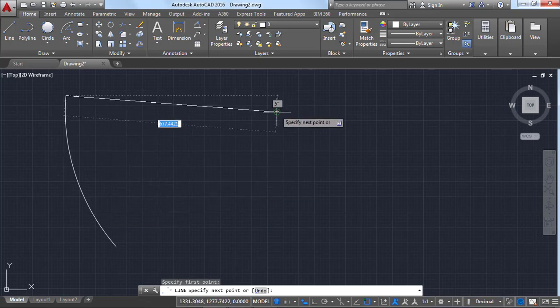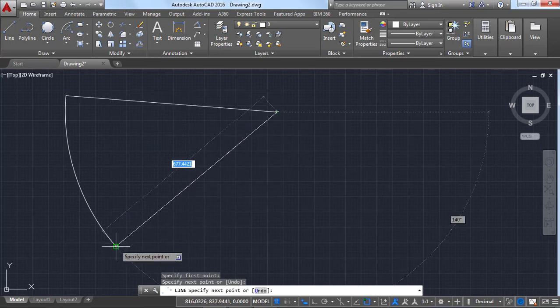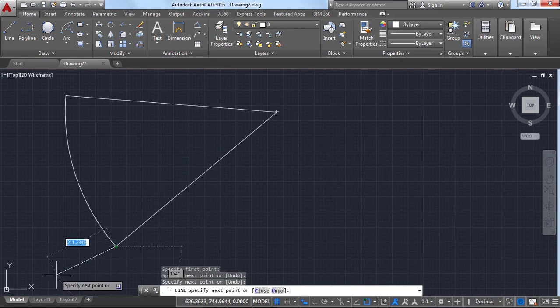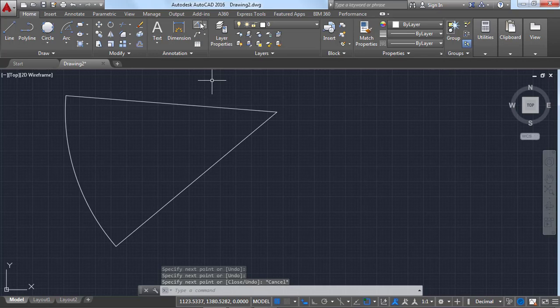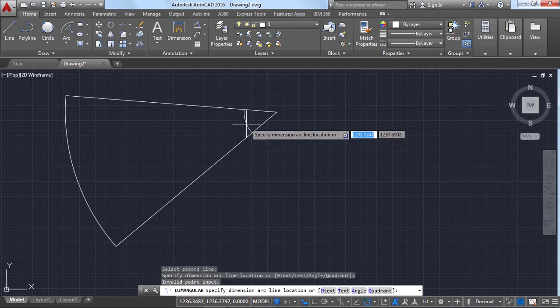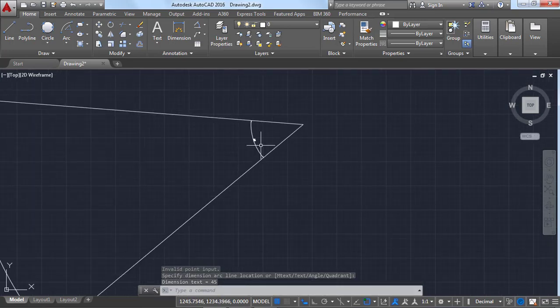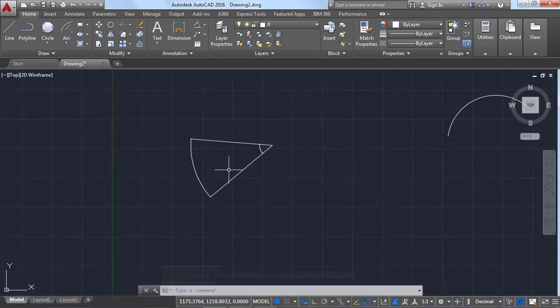Here we can see the center point of this arc. Click on the center point of this arc and again the end point of this line. Now we have given 45 degrees. So the 45 degrees is the angle between this line and this line. This is the 45 degrees which we have given previously to draw this arc.